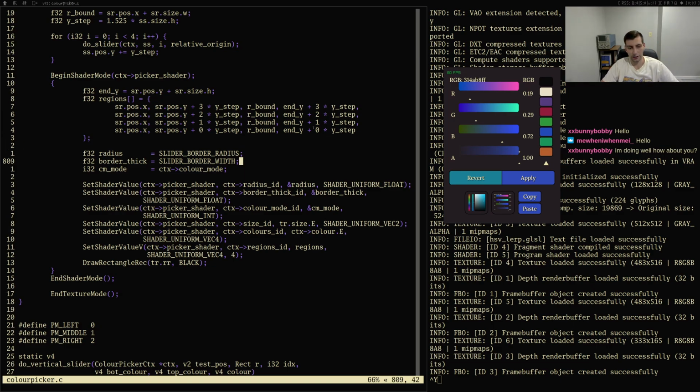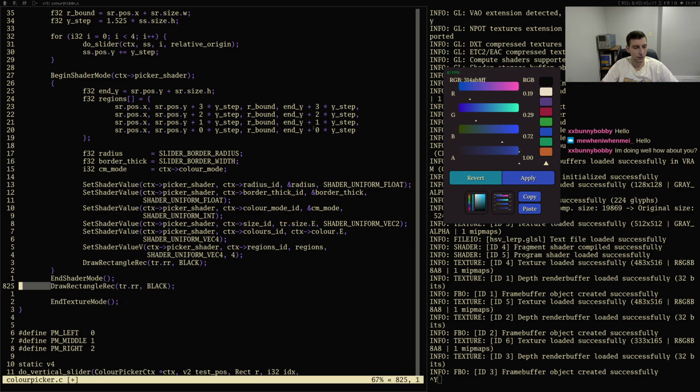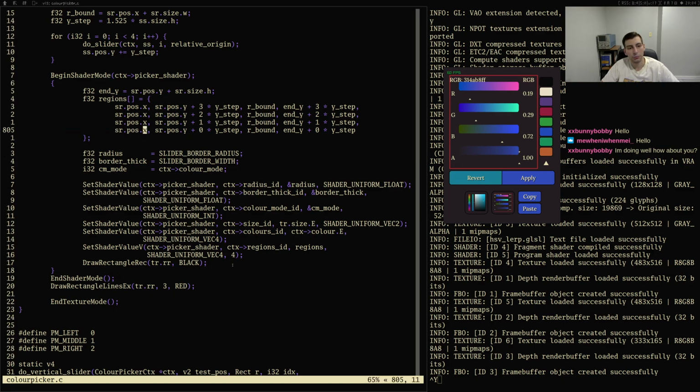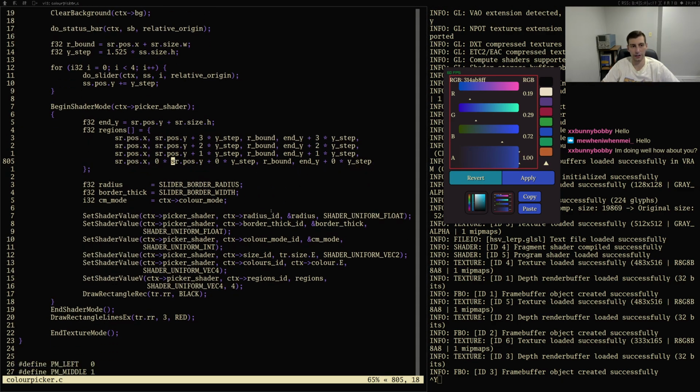So let me see here. Where is the bottom of the texture? Let's say we start this one at 0. Yeah, so this is counting up, but I think the other coordinates are going the other direction. It's probably part of the problem here. So what that means is that we need to